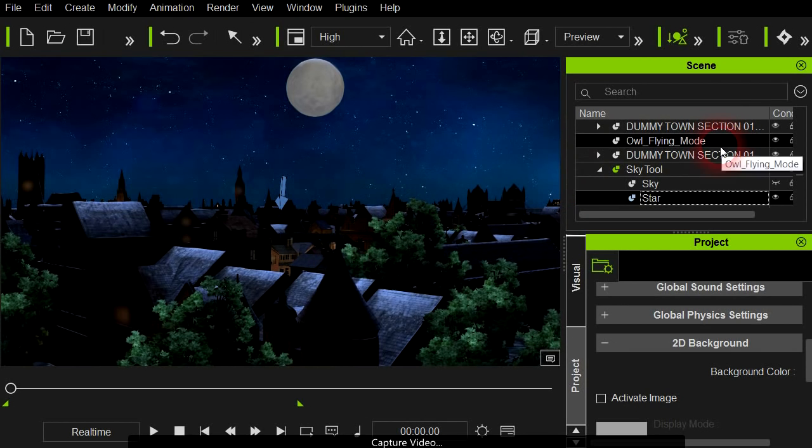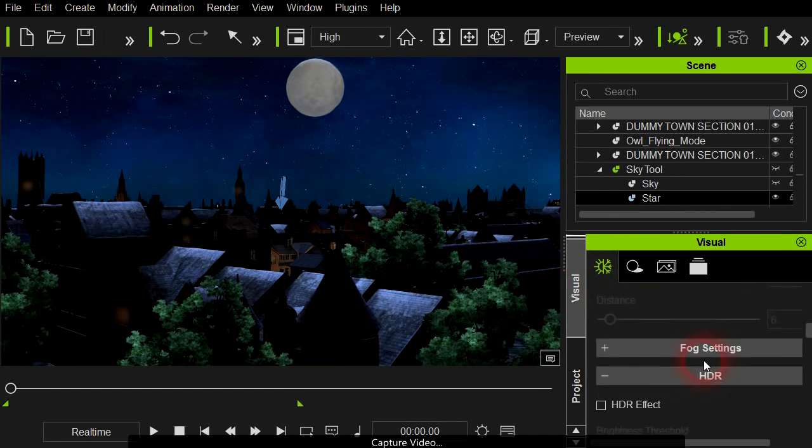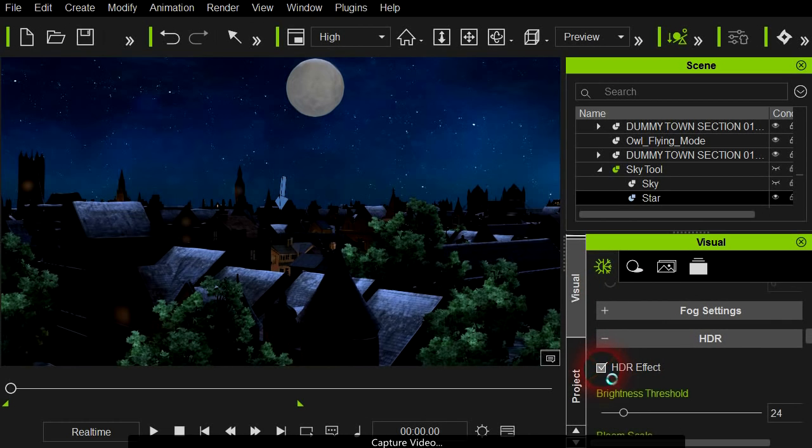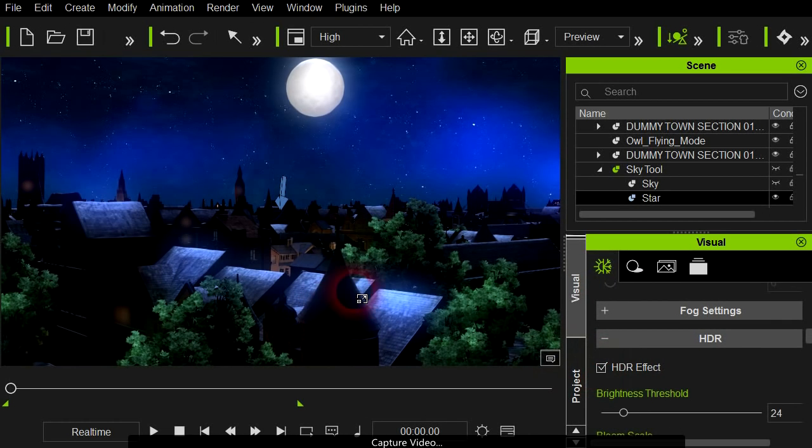Much better than I could have done with an image map. So I chose just to use the star field from the sky tool. But feel free to play with that. You'll probably get maybe even better results than I did on this. So we got that. And then, of course, played with the HDR settings and got the glows that I wanted